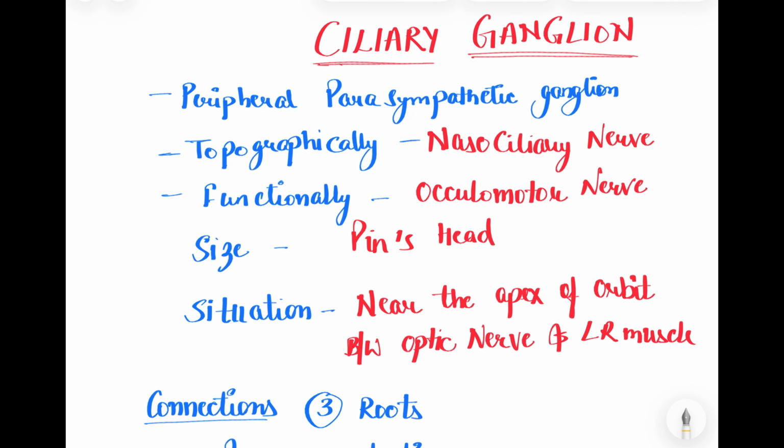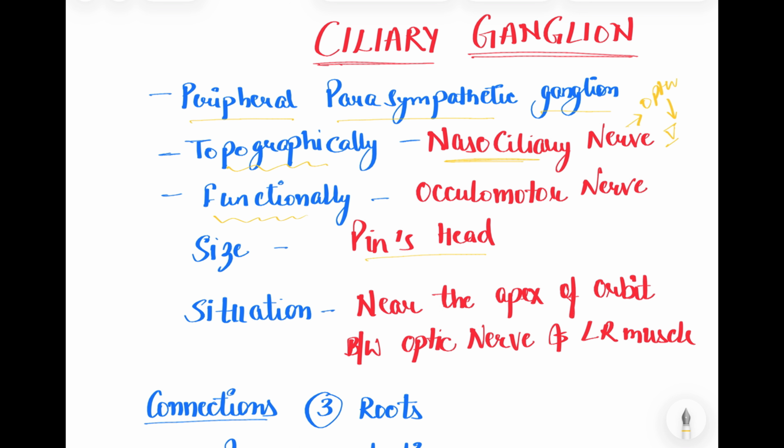So we'll be talking of ciliary ganglia. The ciliary ganglia is one of the peripheral parasympathetic ganglia. It's basically a pinhead-sized ganglia which is topographically connected to the nasociliary nerve. This nasociliary nerve is a branch of the ophthalmic nerve, which is itself a branch of the fifth nerve, that is trigeminal, but